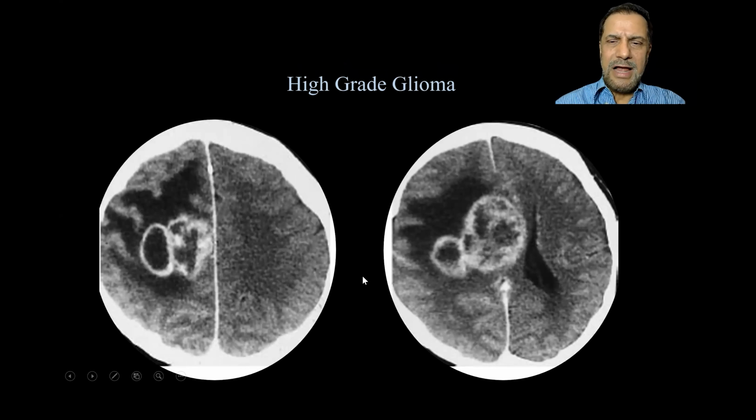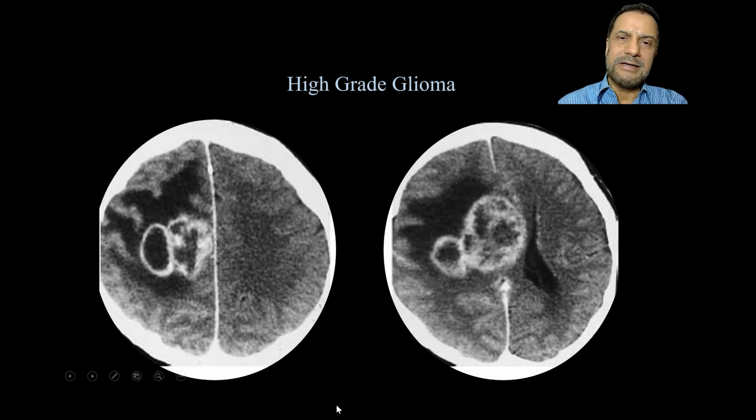Again, high-grade glioma with a little bit of almost like a budding. It's not a satellite lesion. Satellite lesions are actually not attached to the main lesion, but this is like a budding of a tumor. So if you see something like this, then these are actually very, very high-grade gliomas, because they are rapidly enlarging on one side. And if you see satellite lesions, which are separate from the tumor itself, then these are,